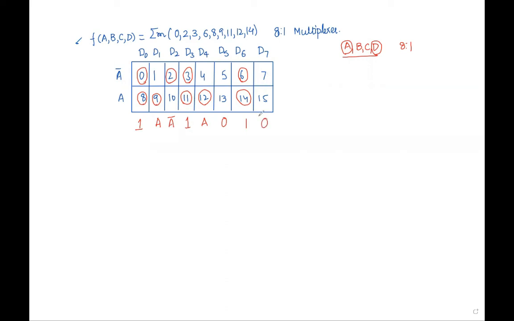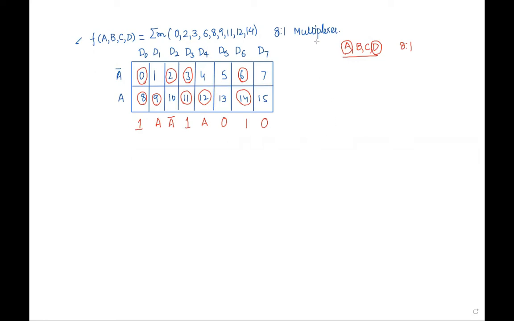So once again, I am repeating this entire sequence. We will encircle all the min terms which are provided to you, then compare what is actually happening. If both are 1, your output will be 1. 0, 1 will be A, and 1, 0 will be A bar. So that is what the entire thing is. After doing this, the last step is implementation.